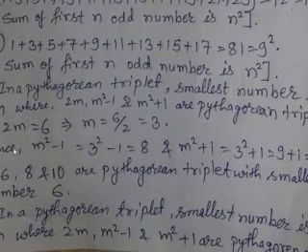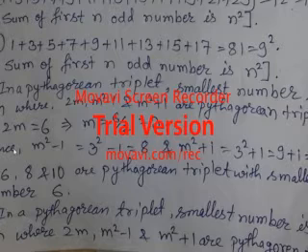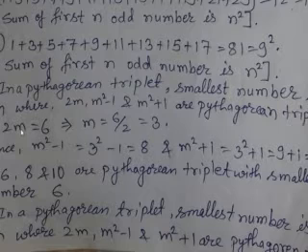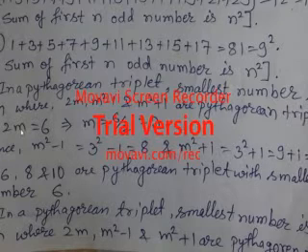In question 5, it has been written: express 81 as the sum of n odd numbers. Already I had said you should sit with your book, so I will not go into the book, and you can also download the PDF if you don't have the book. So you have to express 81 as the sum of 9 odd numbers. Of course, 81 is the square of 9. So you will write the first 9 odd numbers, not starting from anywhere else. I have to start from 1 only.